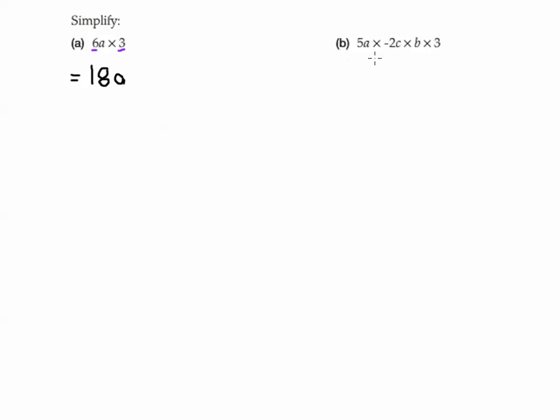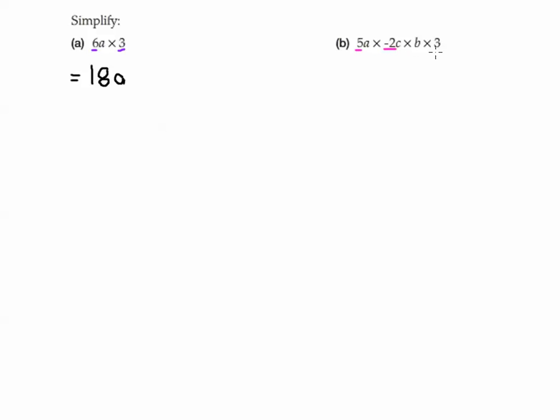So for this next one, we've got 5a times negative 2c. Now that's important, the negative 2c, times b times 3. So the way we want to go about this one is 5a times negative 2c. We want to get our numerical values first. So we've got 5. Now we're going to grab the negative 2c here, so it's always important to get the sign in front. With the 5 it's just going to be a positive 5. However, we've got a negative in front of the 2 here, so it's going to be negative 2 times b